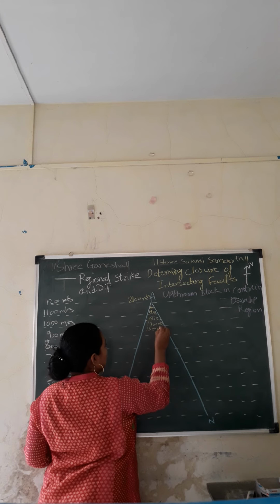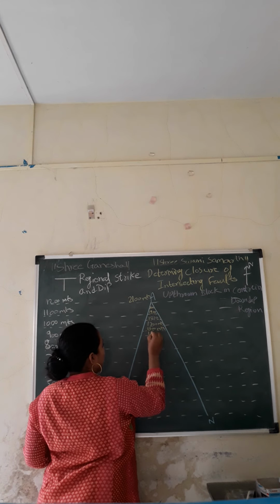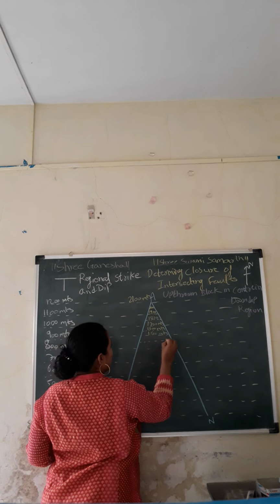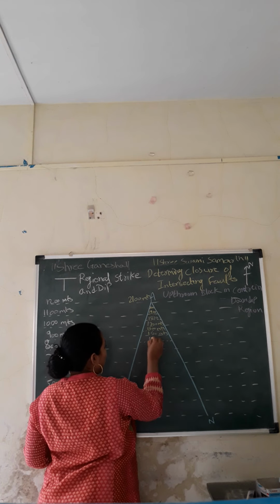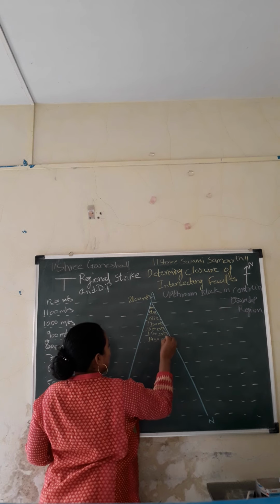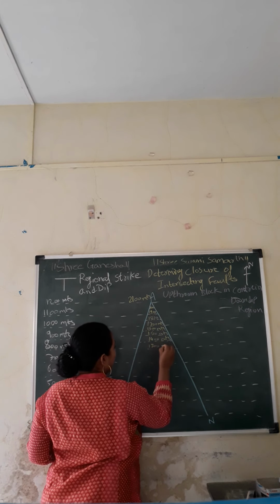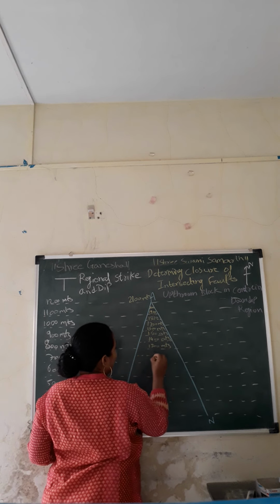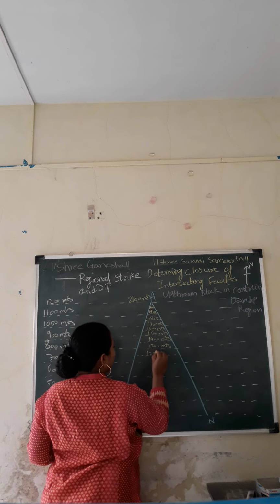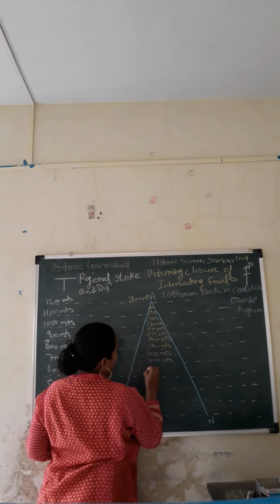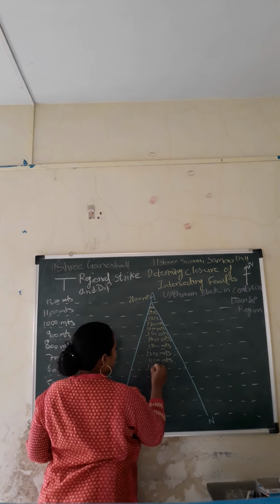1600 meters. Then you have 1500 meters. Then in between you have 1400 meters. Then you have 1300 meters. Then again in between you have 1200 meters, 1100 meters. Then again in between the two you have 1000 meters contour,